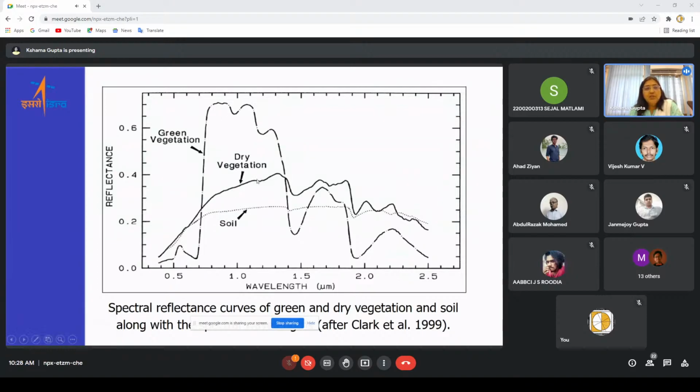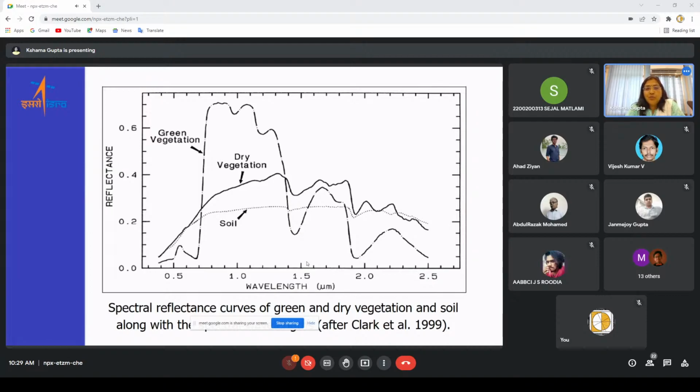Dry vegetation has lower reflectance. Soil has further lower reflectance. Most urban materials are soil, and vegetation gives very high reflectance in this region. So based on this property, we can easily segregate green vegetation, soil and dry vegetation into different classes using